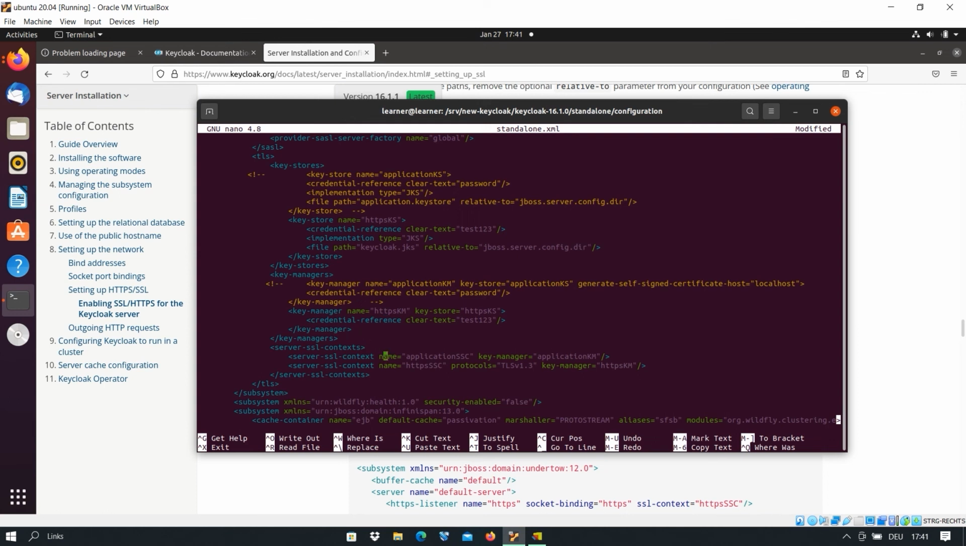And after that, we have this server SSL context. Here is the default one of Keycloak, the first one, so we don't need it also. We just comment that also so that Keycloak uses our configuration. And here is the change that we have made. Don't forget to change the version of the TLS according to the original documentation of Keycloak. As you saw here,